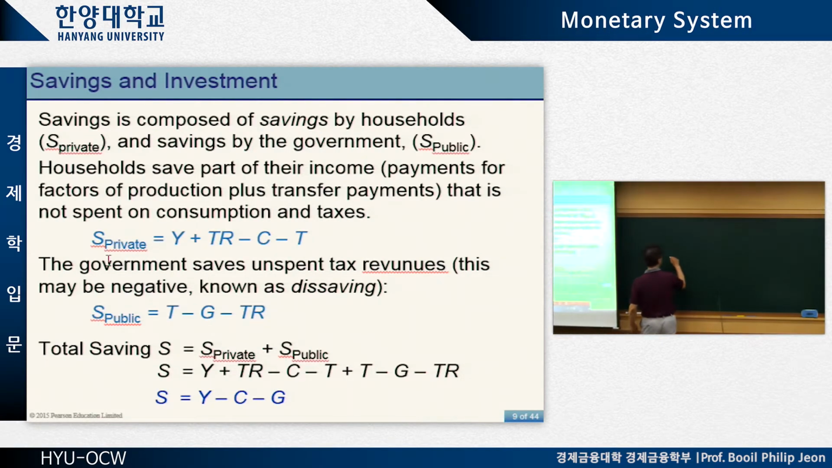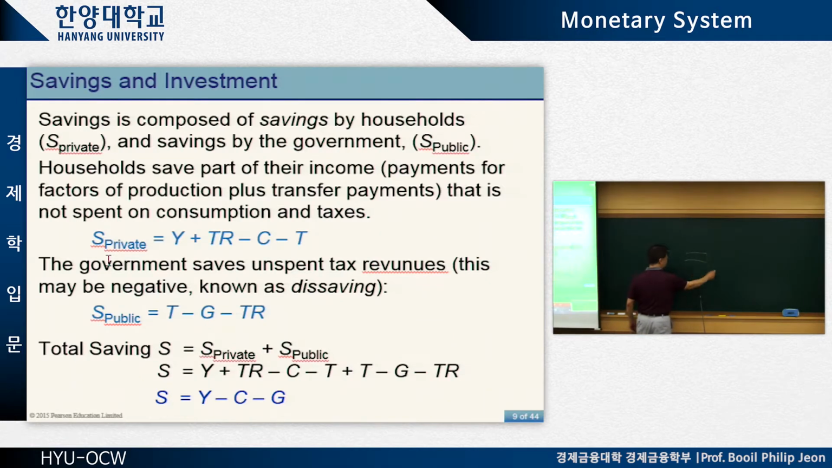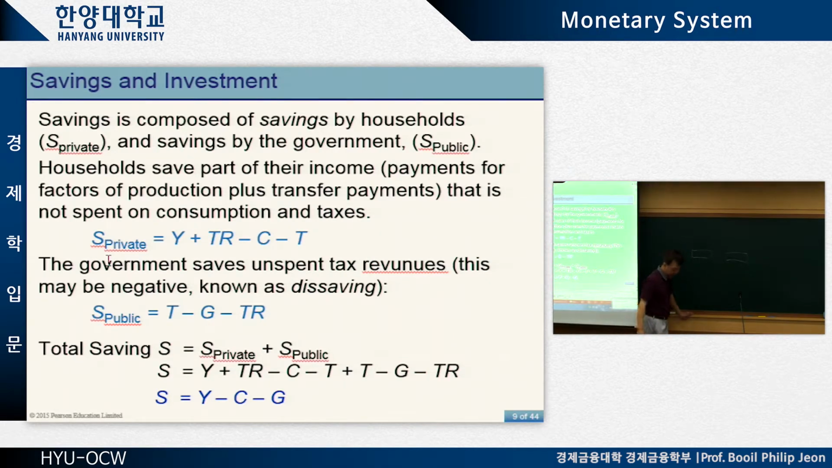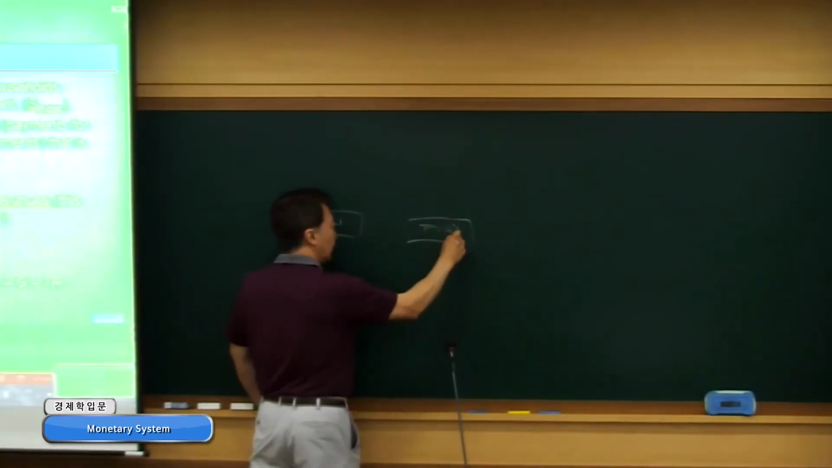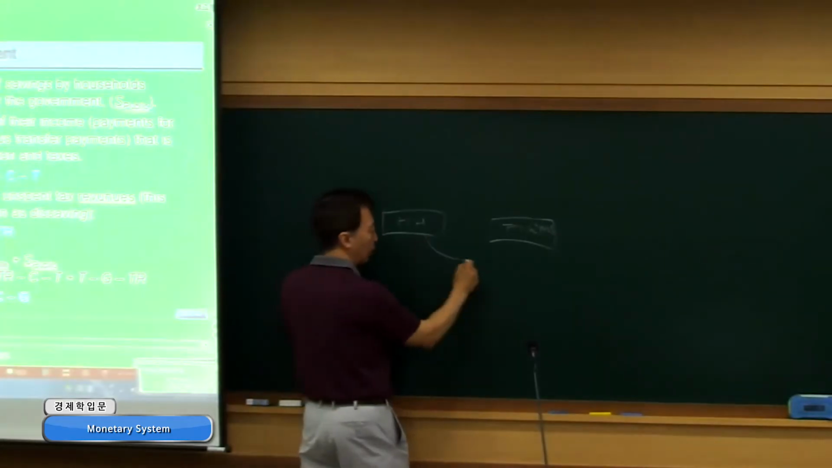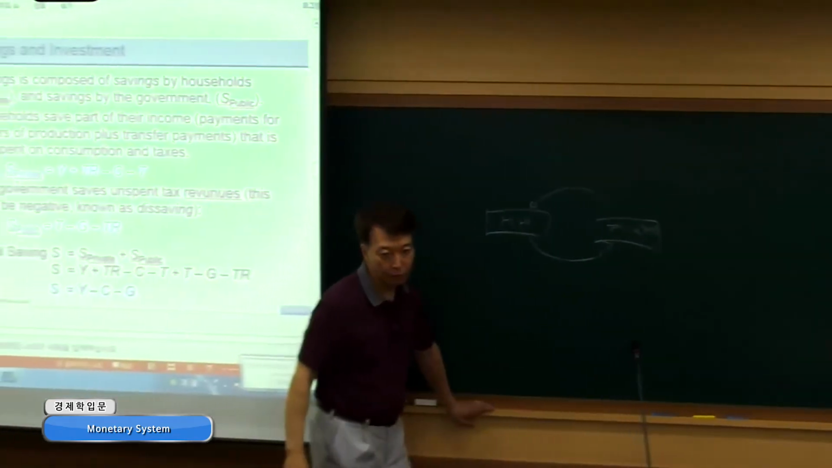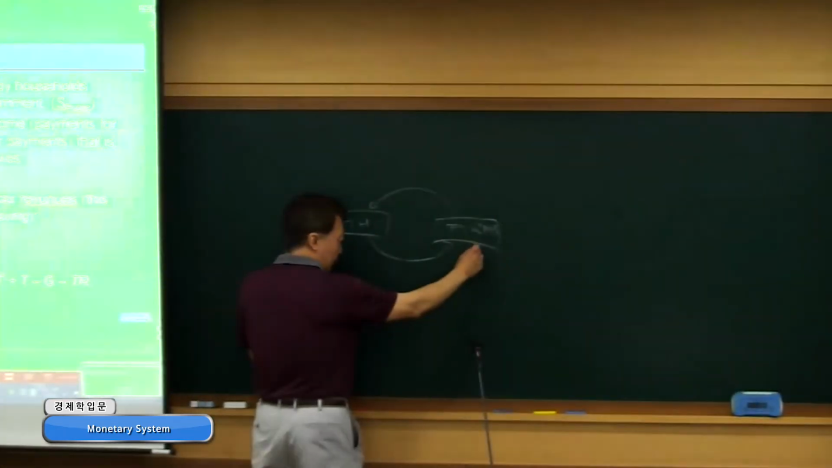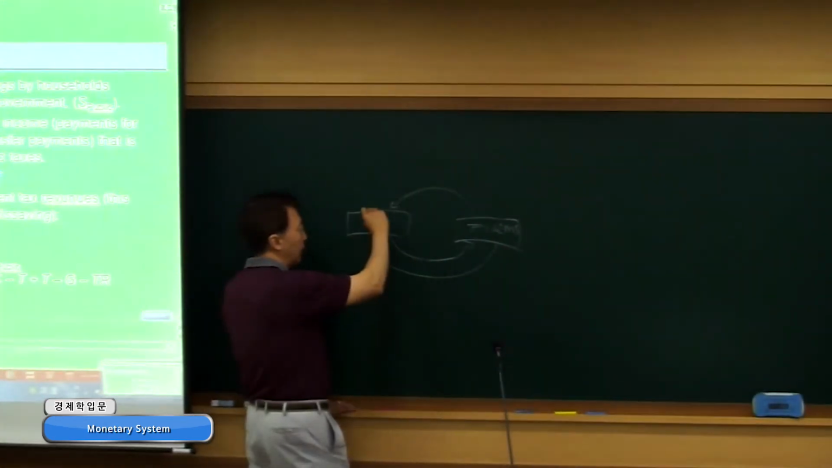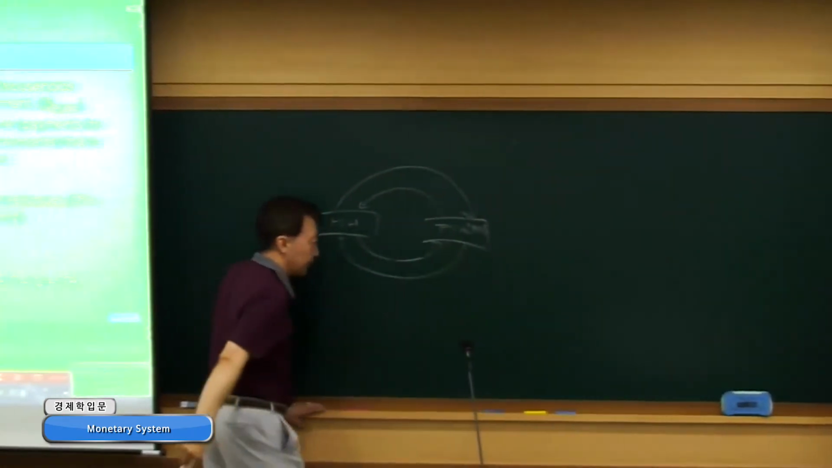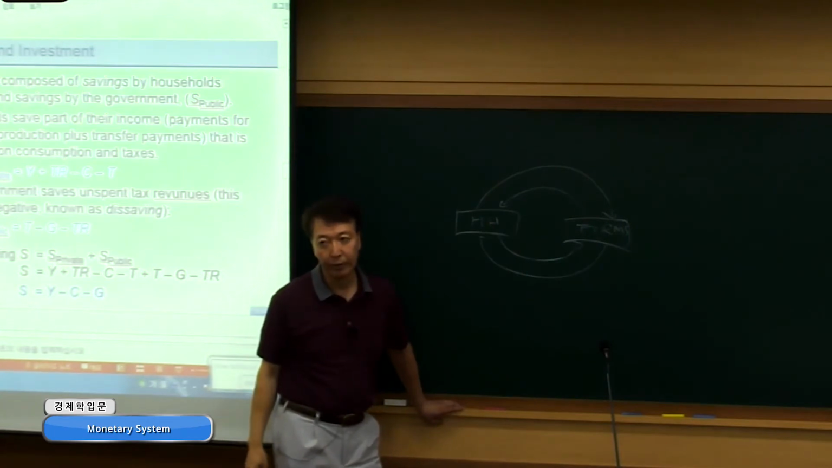Let's start again from the very simple circular flow model, circular flow diagram of the economy. Right? We have households and firms. Households provide resources, and the firms produce goods and services with the resources, right? And then the households get paid for their resources, right? And then the households use the payments to purchase these goods and services, right? That's how the economy works. Right? Very simple